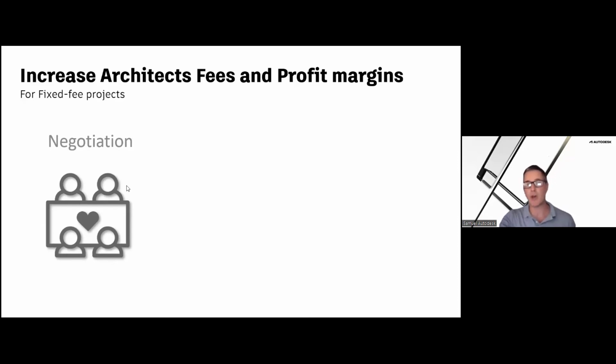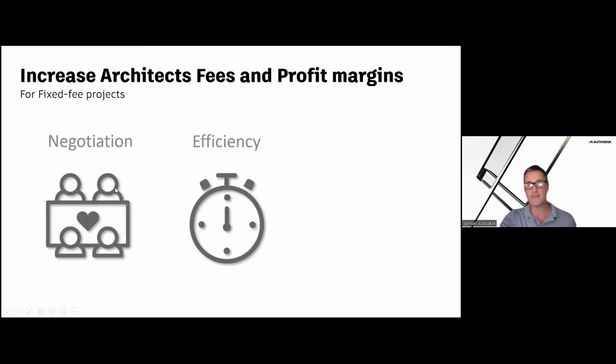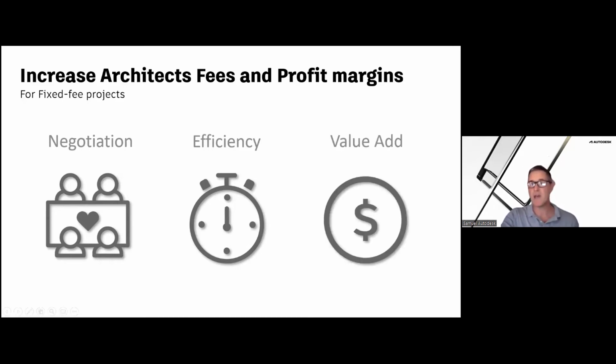So you want to be able to negotiate at the front end with that fixed fee, lock it in, agree the scope of works, and then use these new generative design tools to be more efficient. The idea is to automate a number of tasks and add value to the process, so at the end of the day you can end up with a better profit margin, not spending 8 hours setting up a sheet in Revit, not spending 2 days planning out an interior, using these tools to really be efficient and making sure you're not spending extra money on resources and losing that fee profit.